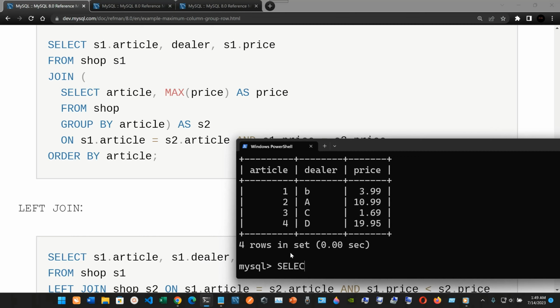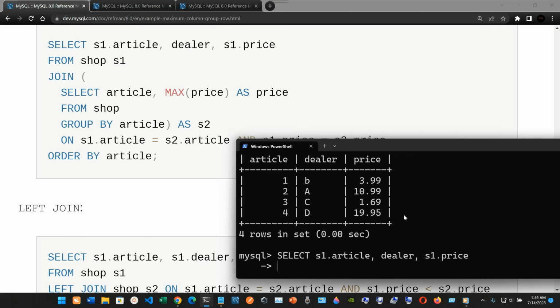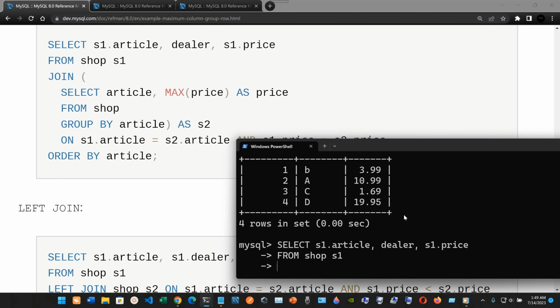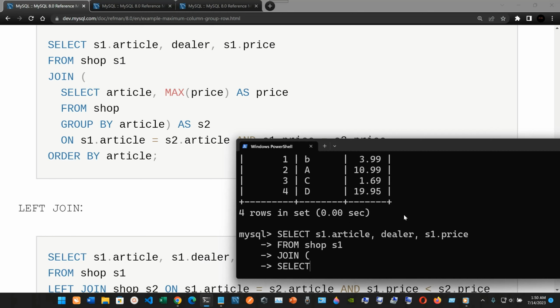Okay, so again we're gonna select s1 dot article like this. We're gonna select the dealer, and we're gonna select the s1 dot price. So you can see we have s1 for the article and for the price, but not for the dealer yet. So to the next line it's gonna be from the table shop, and we're gonna have s1. Now we're gonna join it, so it's gonna be join. We're gonna open parentheses, go to the next line, and it's gonna be select,